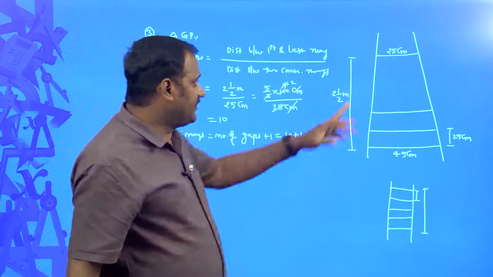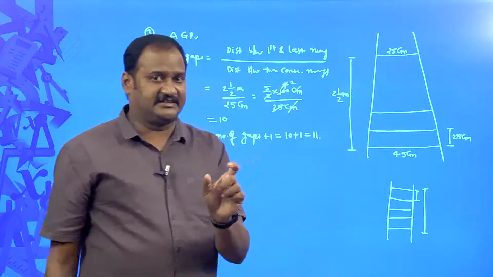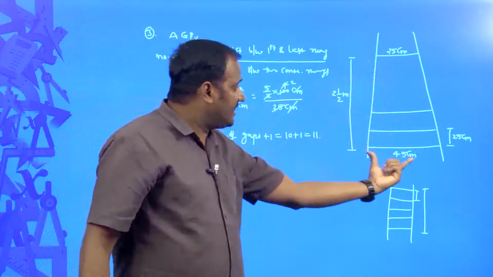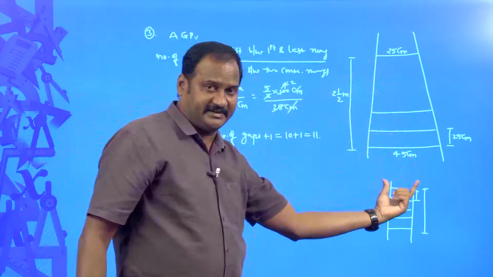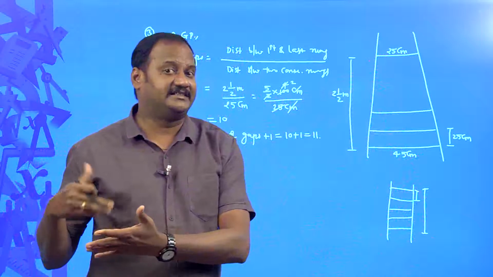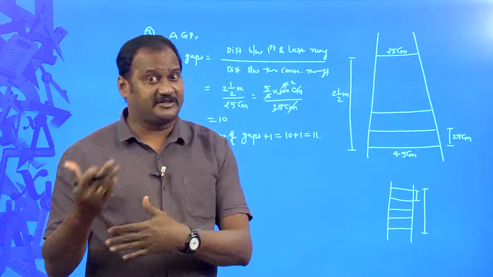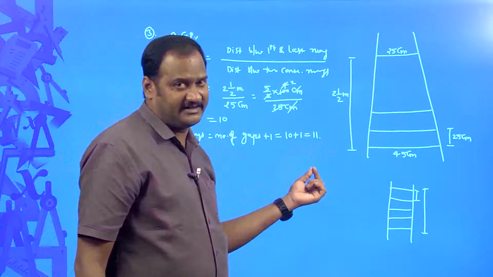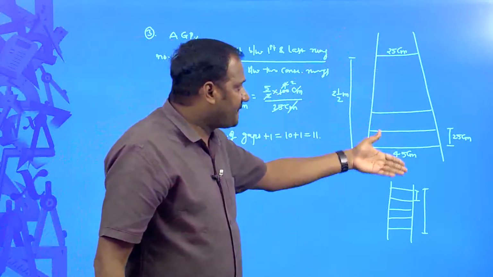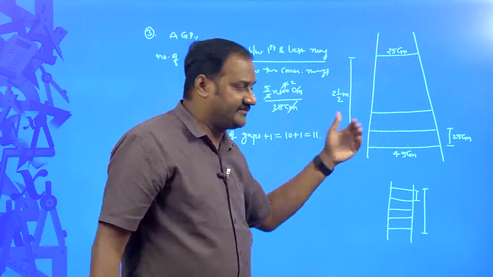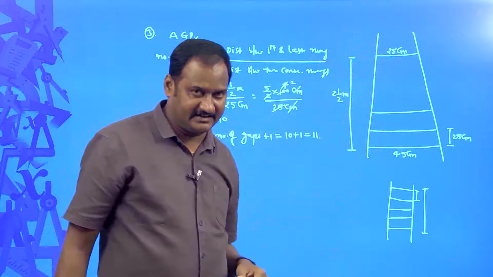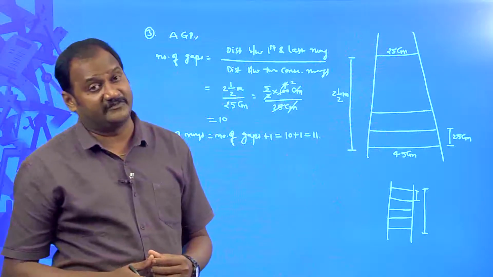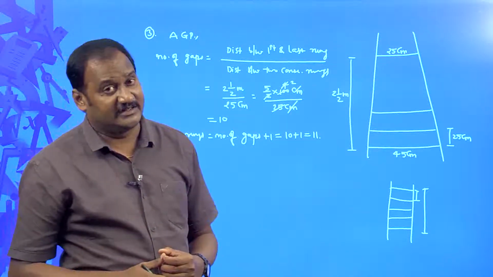You know why? We know the length of the first rung. Let us consider the length of the first rung as the first term, and we know the length of the last rung, that could be 45 centimeters. So, you can consider that one as the nth term, and we know how many terms there are also. The number of terms is nothing but the number of rungs, which is equal to 11, right. So, if you keep adding 25 centimeters and then 45 centimeters, by taking a and n equal to 11, we can easily find out the wood required for the total rungs.